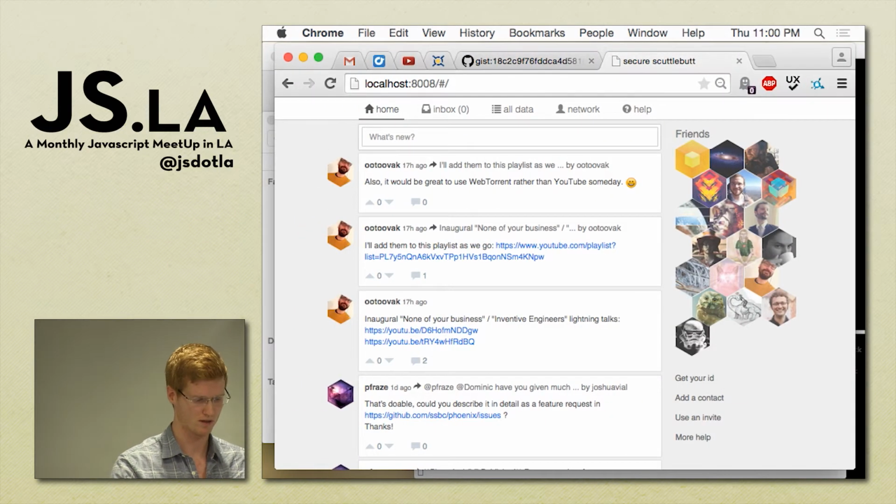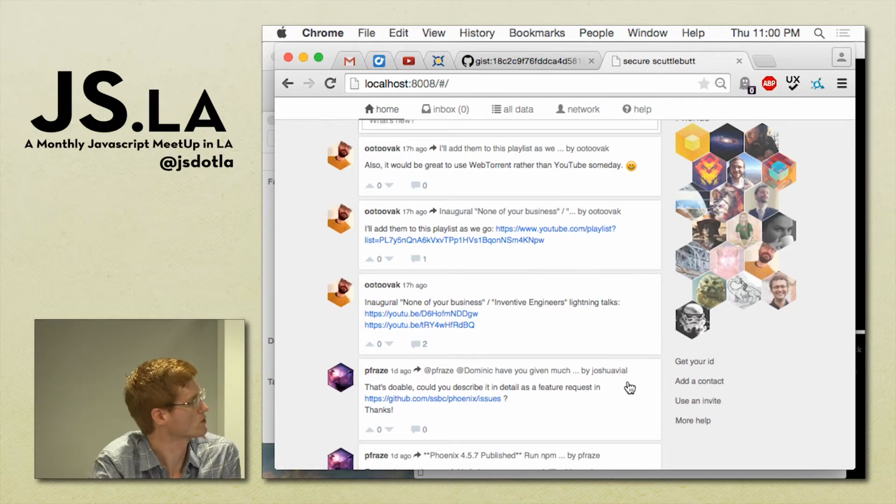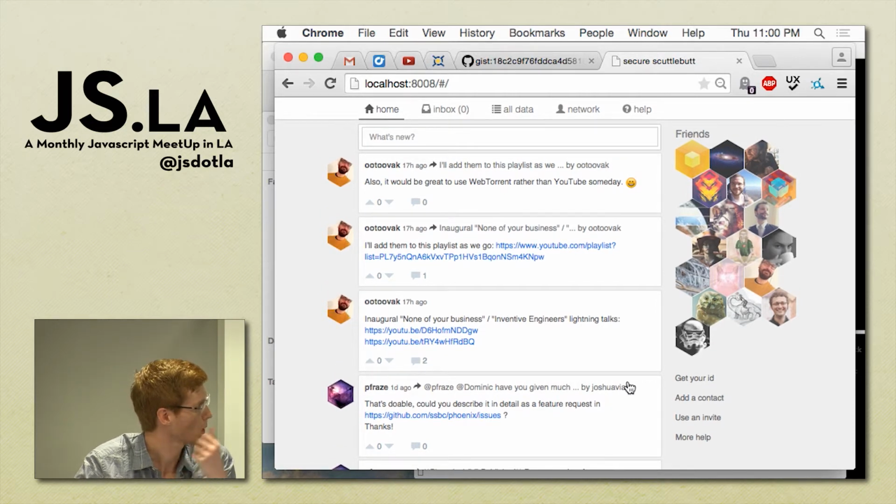Now, let me show a quick application. This is called Phoenix. This is the application that ships with the secure Scuttlebutt implementation. And this is basically a simple Twitter successor. The reason we chose to make that as our first application is simply that it maps very closely to the data model that secure Scuttlebutt uses.